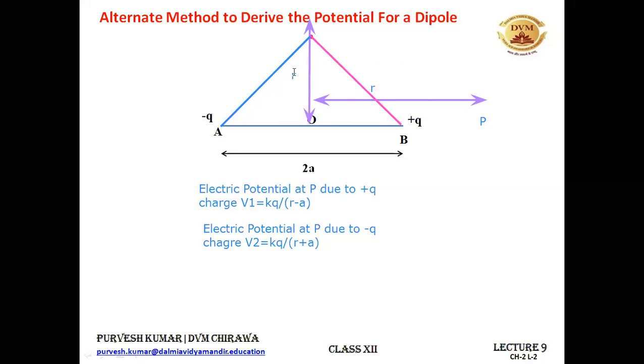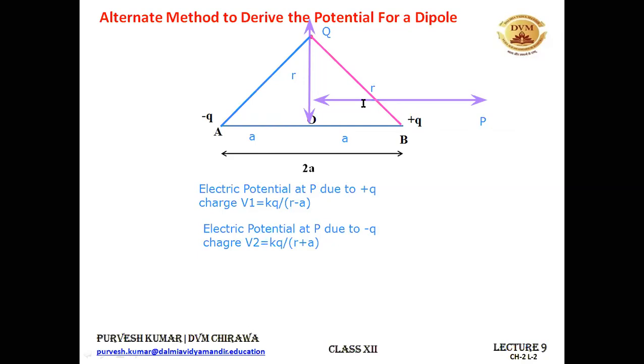When you will be finding for the equatorial point, the distance of point P from the center of the dipole is r. So if this is r, this is small a, AO is small a, half of the distance of the dipole. All right. This is small a. And this is also small a, that is OB. So you can easily find this distance, that is AP or AQ you can say, because you have taken P over here. So this AQ becomes, easily you can find it as root of a square plus r square. And this BQ is also root of a square plus r square.